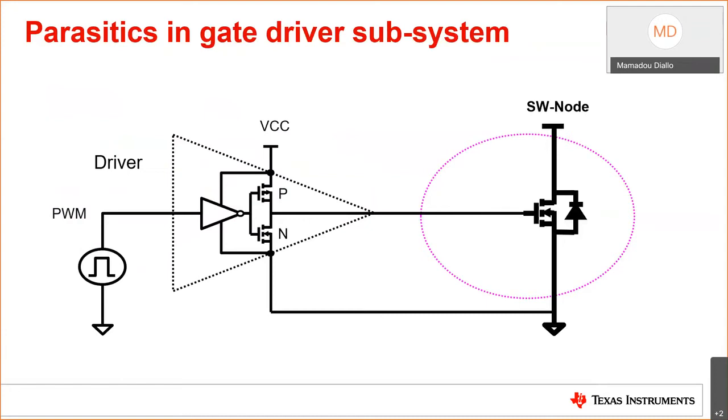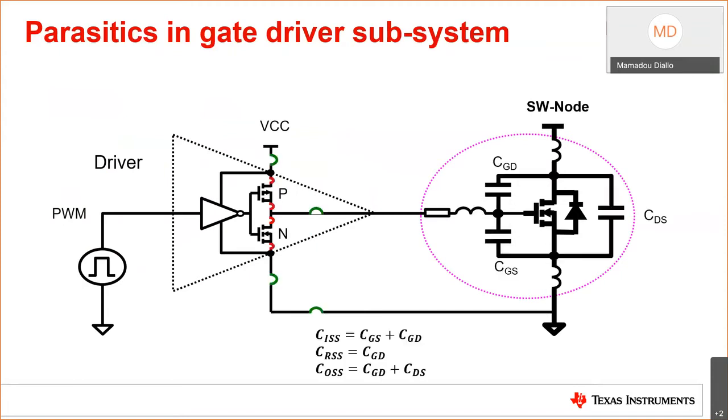Now we're going to look at parasitics, specifically junction capacitance, PCB traces, wire bond inductance, and resistance, which are all parasitics in the gate drive portion. Therefore, the turn on and turn off will be a little bit more complicated. For silicon carbide FETs and silicon MOSFETs, there is a body diode also considered as parasitics.